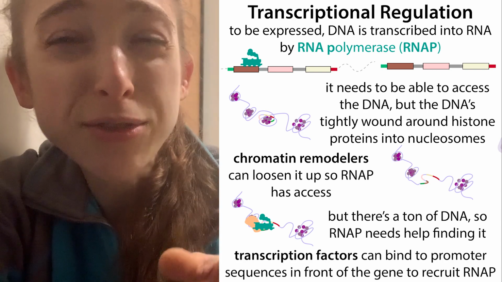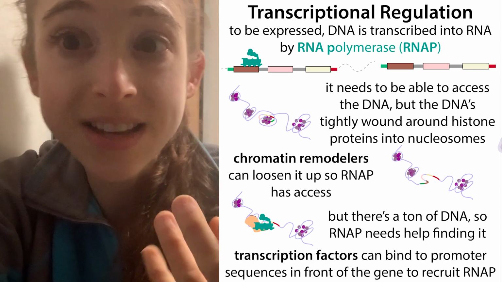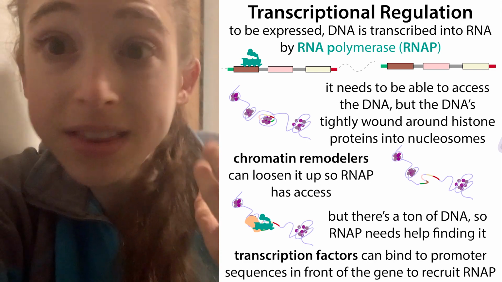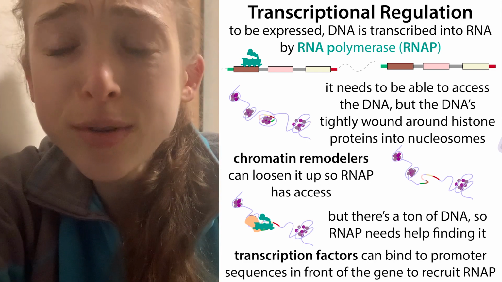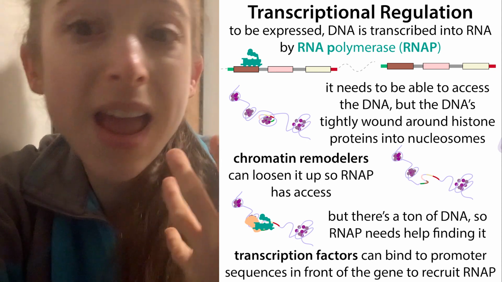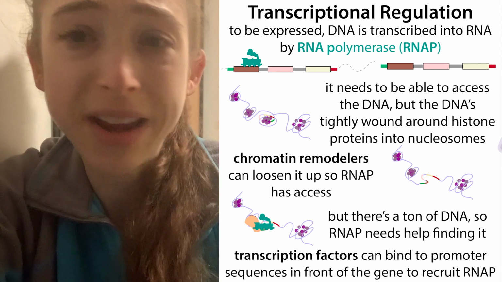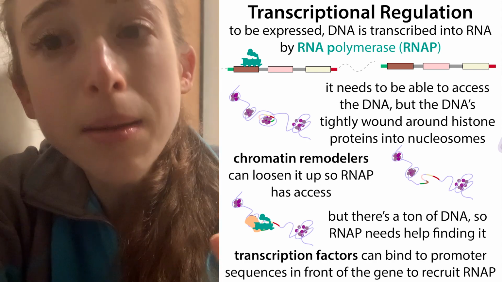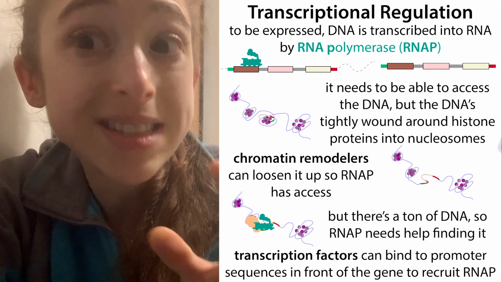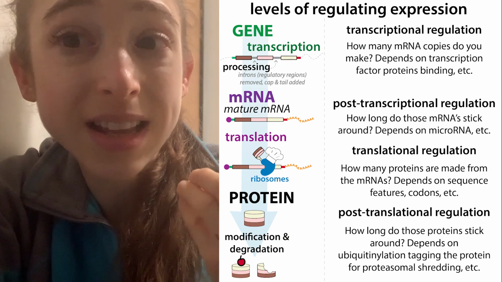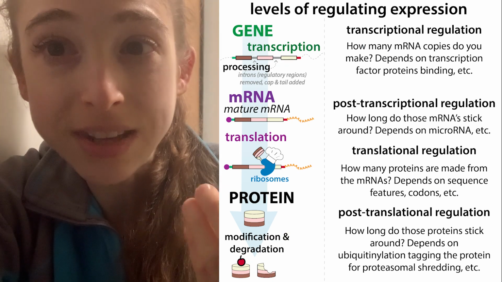How is it that almost every cell in your body has the exact same genetic information, the same DNA blueprint, but they do totally different things? How come your toes are different than your nose? How can you grow hair out of your head, but you're not growing hair out of your fingertip? Basically, the short answer is it's complicated. The long answer is it involves a lot of different levels of regulation.